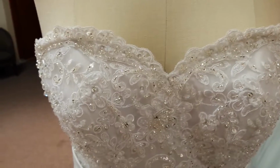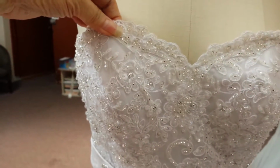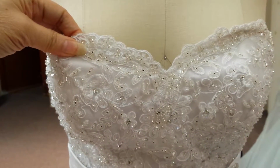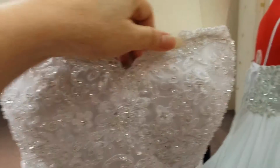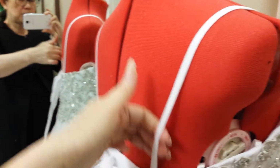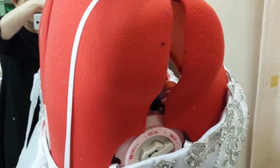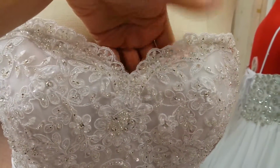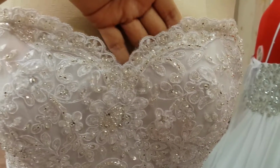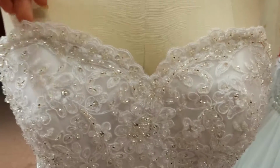And in those instances when you're top heavy, the weight of your breast could sometimes pull down the top of your dress, and that's not going to look good on your wedding day. So a quick fix to that would be to add spaghetti straps or thicker straps to hold the top of your dress up. But in other cases where you really need to wear a really good support bra, then we need you to wear the bra so that we could check that it is not showing above the neckline of